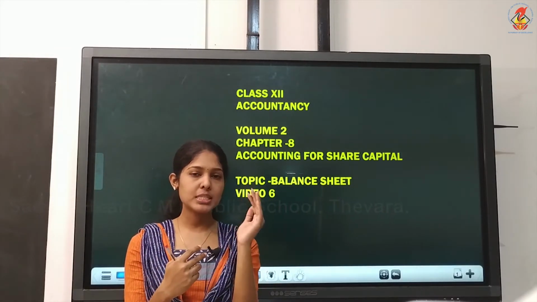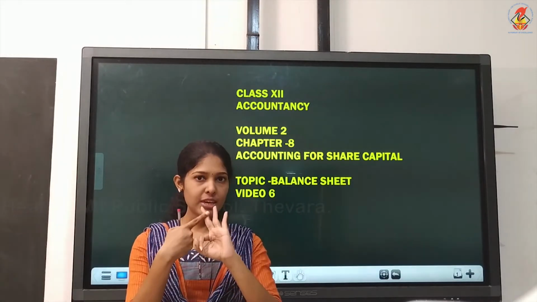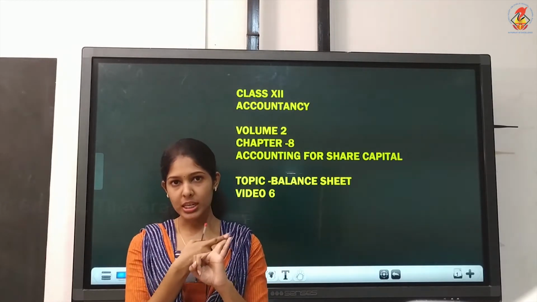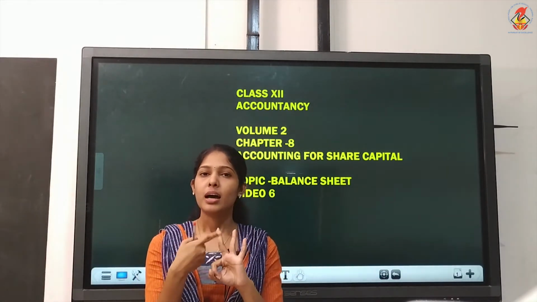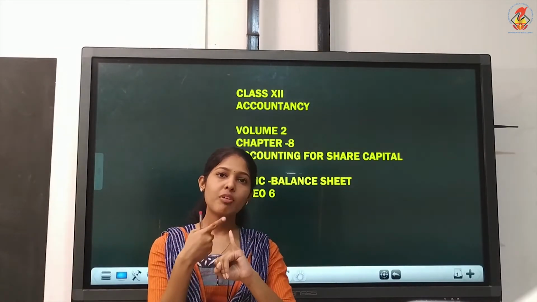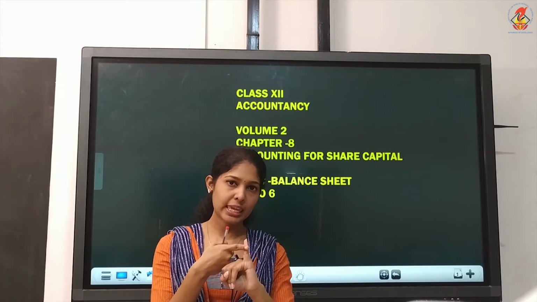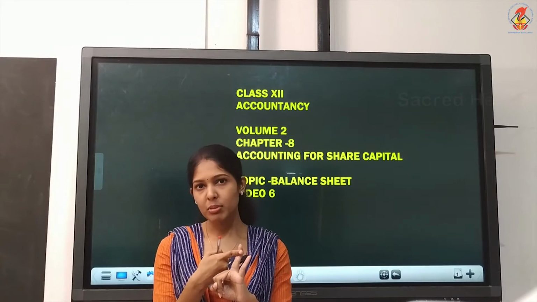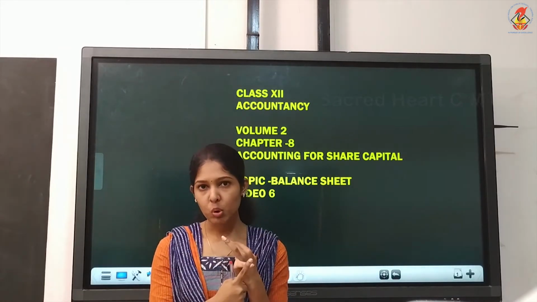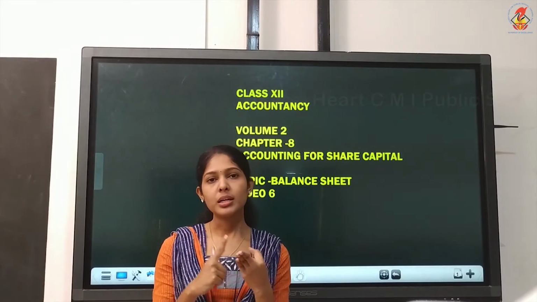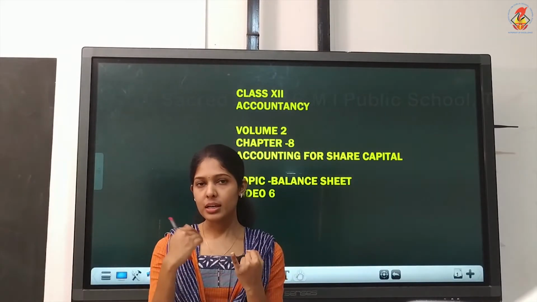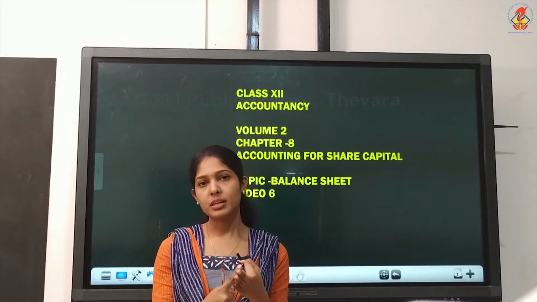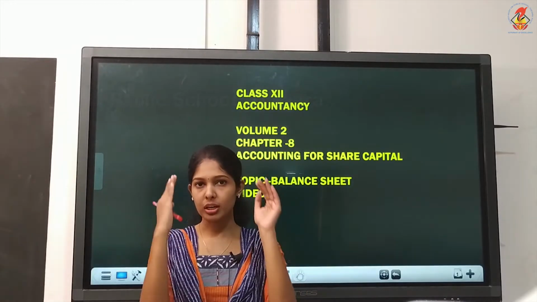First section is equity and liabilities. Under that mainly we have three heads. First is shareholders fund, second one is non-current liabilities, and third one is current liabilities. Shareholders fund includes two items, that is share capital and reserves and surplus. Then non-current liabilities include long-term borrowings, long-term provisions, other non-current liabilities. Then under current liabilities, we have short-term borrowings, short-term provisions, other current liabilities. So that is the end of the liability section.